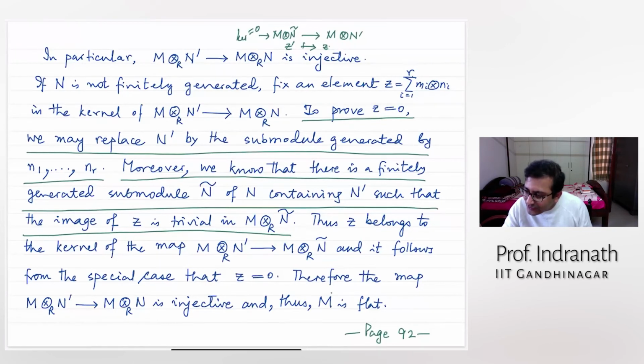And here, when you have started with this element that was of this form, you have chosen the finitely generated submodule of N dash. You do not need, this should be sitting inside. All you need is a map from here to here. That's it. Okay, then you know that if you have 0 condition on this, this will get mapped to 0 and you are done. So you do not really need that it is actually sitting inside this or anything of that sort. There are various ways to do it.